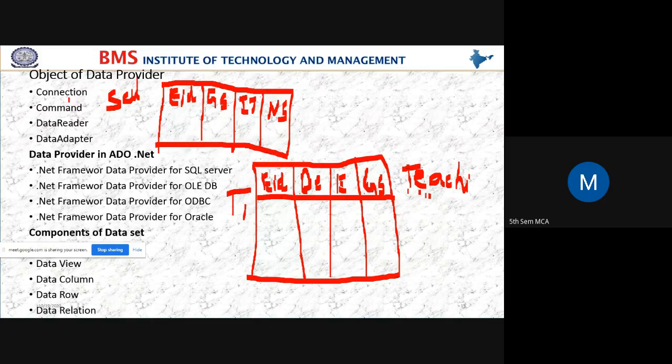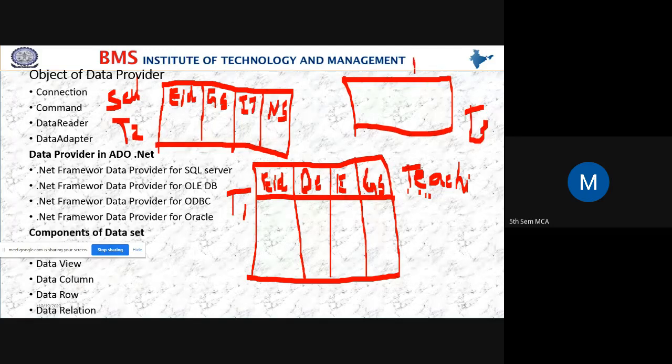Yes, students, this is another table. I have one more table, T3, that is the transport table. Here I have EID, gross salary, and the transport charges.